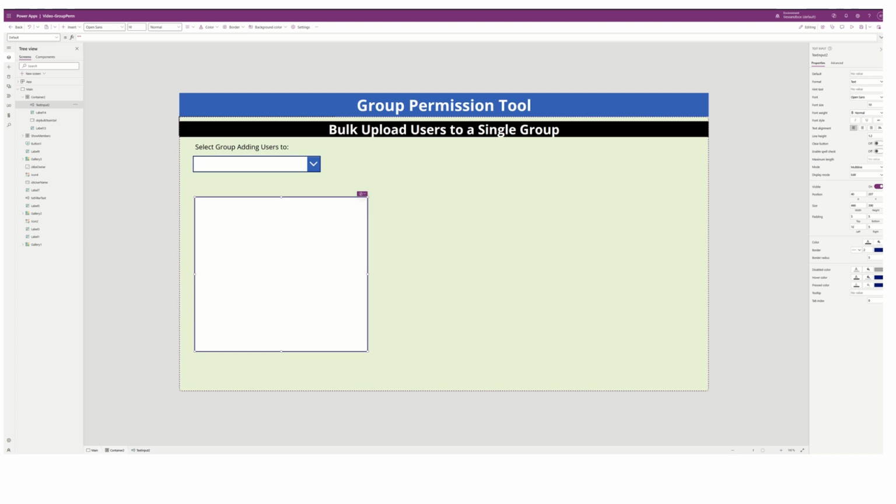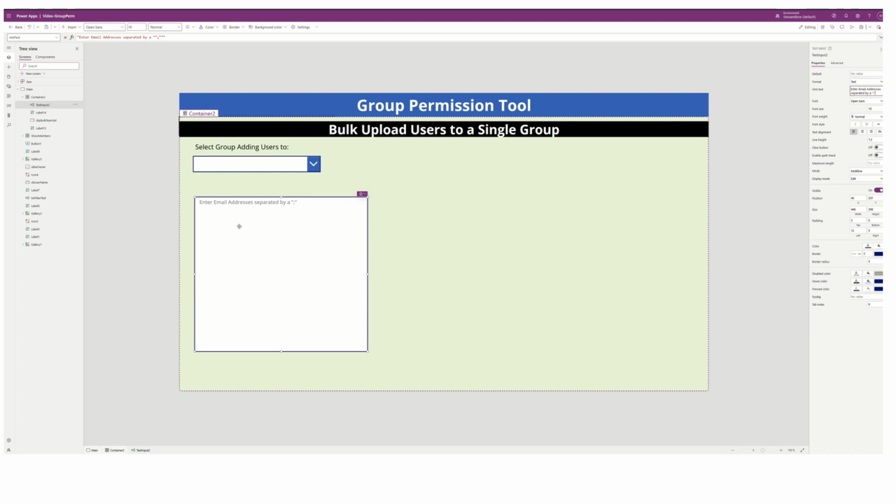Okay, now hint text. I want the hint text to say something, right? So they know what they need to be putting in here. So what I'm going to do is copy what I have in my app, so I don't have to retype it all again, and put it in the hint text. I think I still got the quotes around it, so we're going to do this. Nope, I don't. Never mind. So we'll do it over here. Okay, hint text here. So now it tells you enter email addresses separated by a semicolon. Okay,